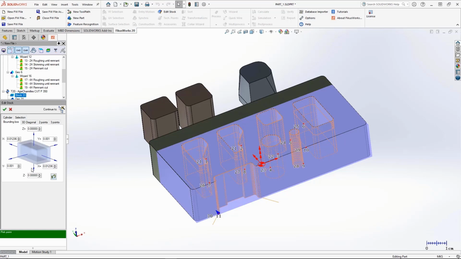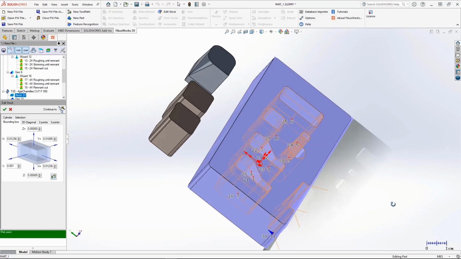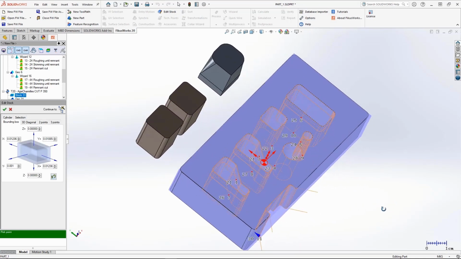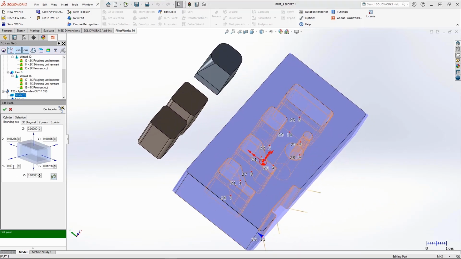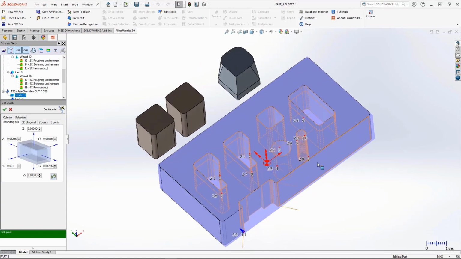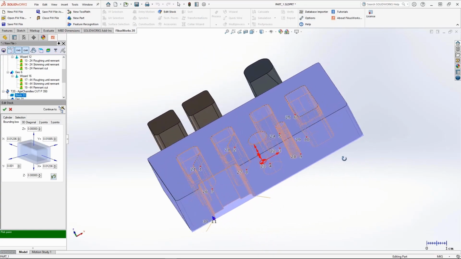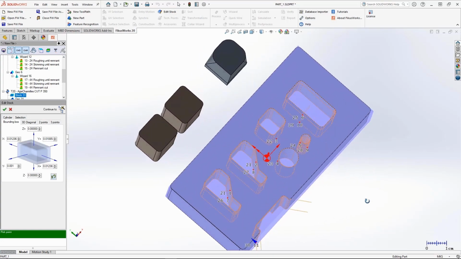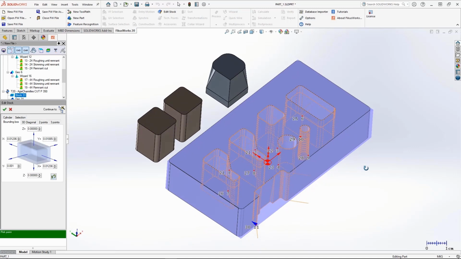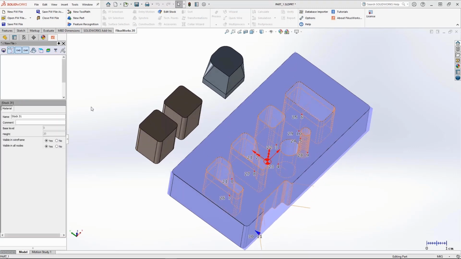This one, and then this one. Okay, and this one. Okay, so we have a little offset there, so we can define it. And yeah, okay. Okay, we accept,